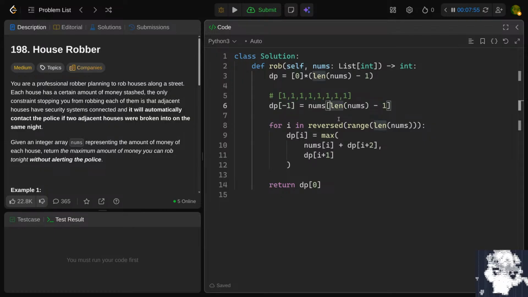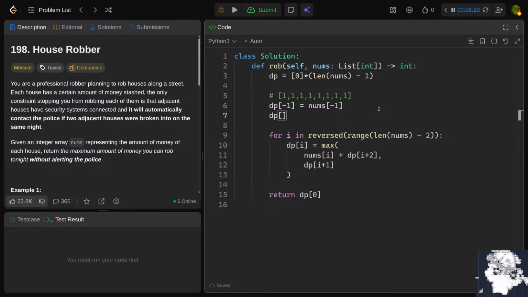So dp of -1 equals nums of -1. Because we have to do dp of I plus 2, we're saying this plus this. I also want to not go all the way to the end of the list, and set that as my second base case. So dp of -2